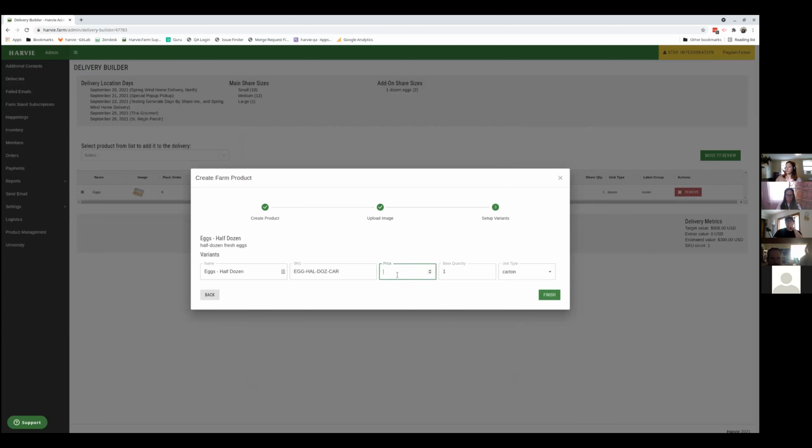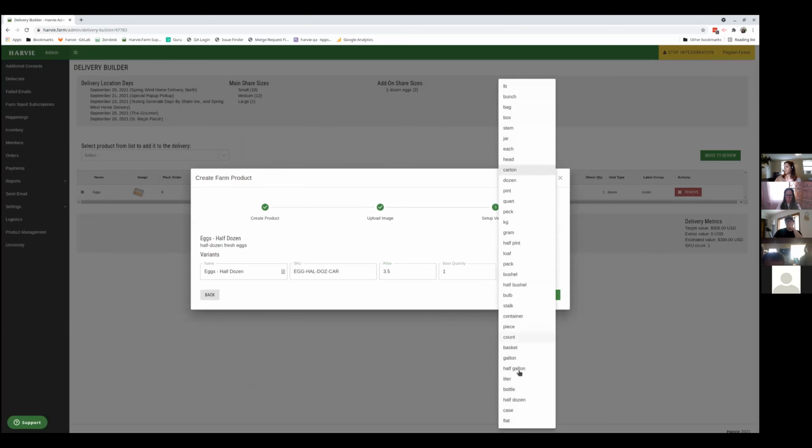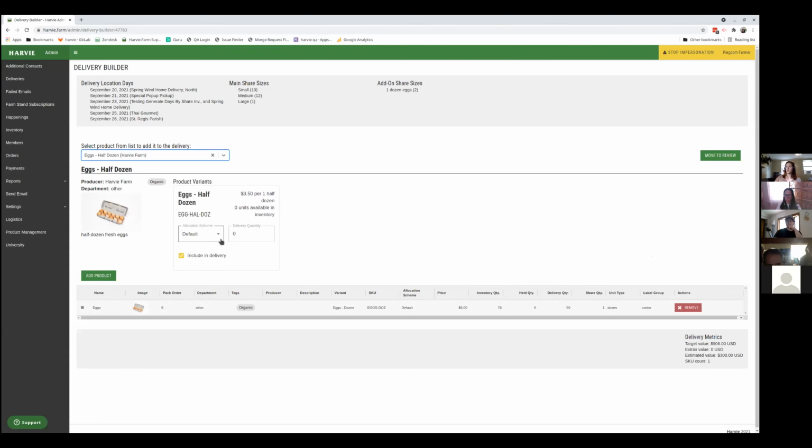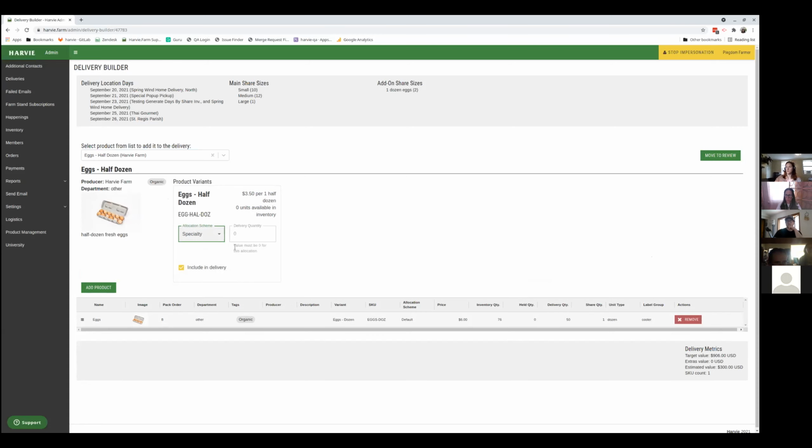I'm going to set a price and set my unit type and edit my SKU accordingly and hit finish. And now it's going to give me the same set of questions, right? So how do I want them allocated? I'm going to say specialty for these, so that someone doesn't accidentally get a dozen and a half dozen in